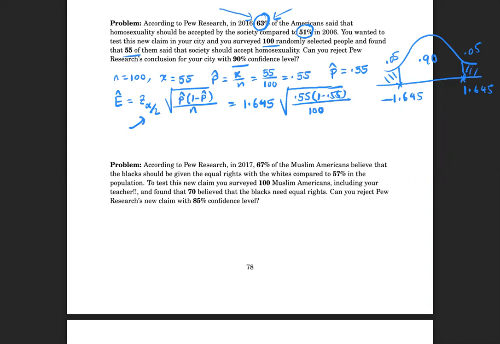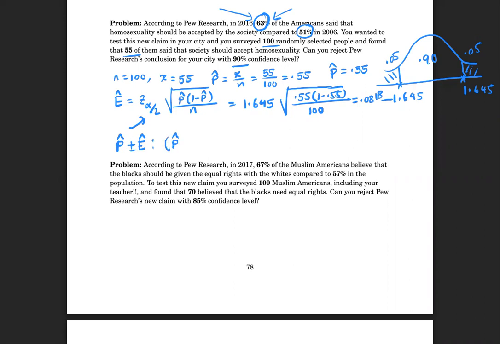And 0.55 times 1 minus 0.55 divided by 100, take the square root, multiply it by 1.645, that gives you 0.0818. So your margin of error is 0.0818, okay? So your confidence interval is going to be P hat plus or minus E hat,